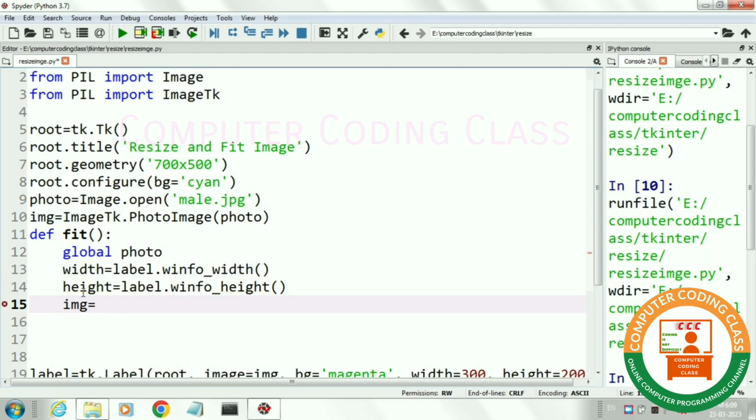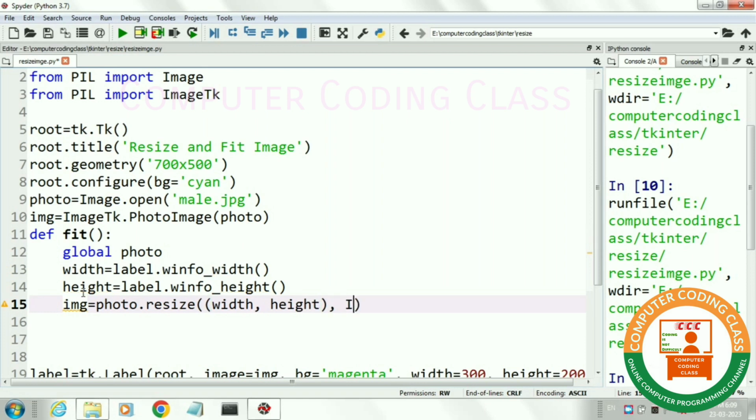Next we will resize our image. Here I am using the function photo.resize. In this function we will specify the width and height of our image as per the size of our label. It means the size of the label and our image will be the same after resizing, so that we can fit our image on the label.